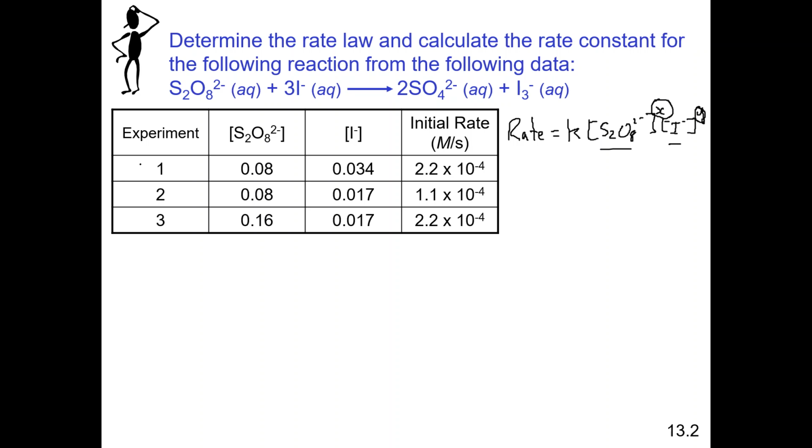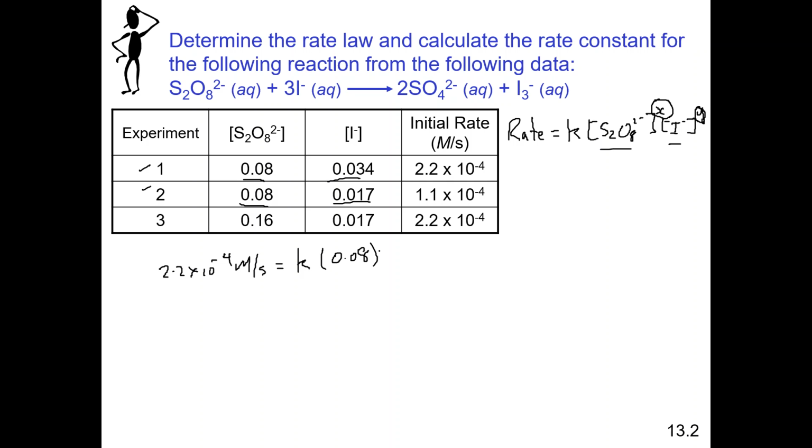As I said before, when we compare these two experiments, the concentration of persulfate remains the same, but the concentration of the iodide is halved, and you'll see that it has an effect on the rate of the reaction. So I'm going to plug in the numbers for experiment 1 into this equation, and I end up with a rate of 2.2 times 10 to the minus 4 M/s is equal to k times